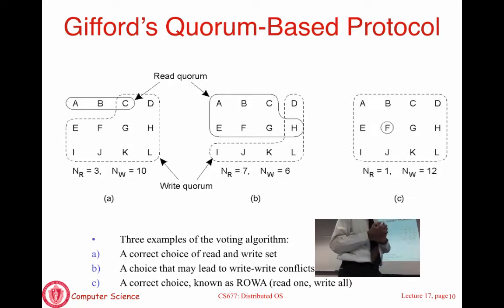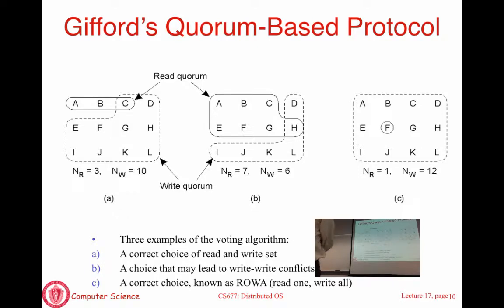If it doesn't agree, you're not done. And that's exactly what is shown in this example here, which is essentially saying this dotted line are the 10 servers you picked for the most recent write. Some client updated the file, you essentially picked C through L, and those are the servers that saw the write. So all of those servers are the most recent version of the file.